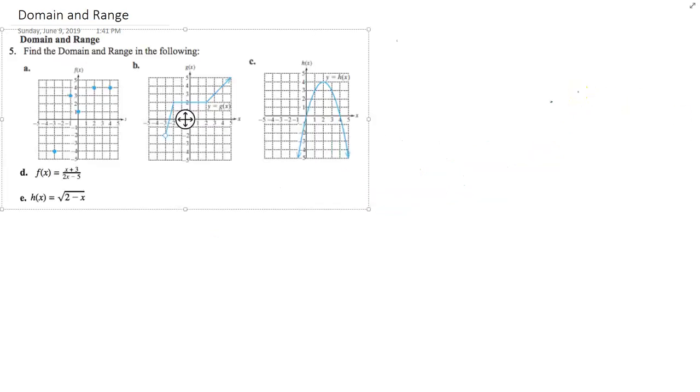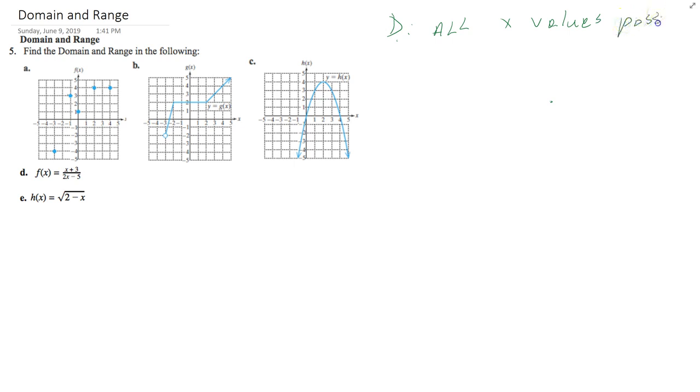The next thing we will talk about is domain and range. Domain is all your possible x values. Okay, so domain is all your x values possible, right? All real x values, right? Your range, all your y values